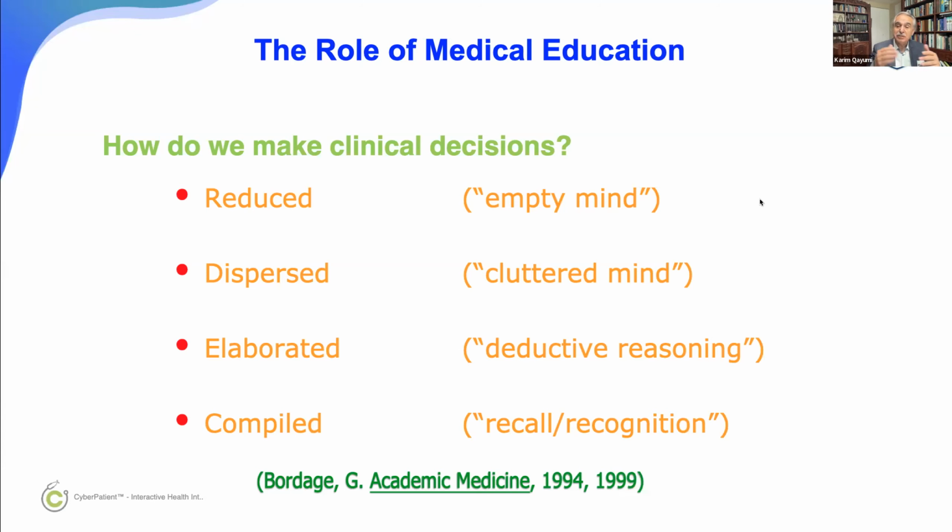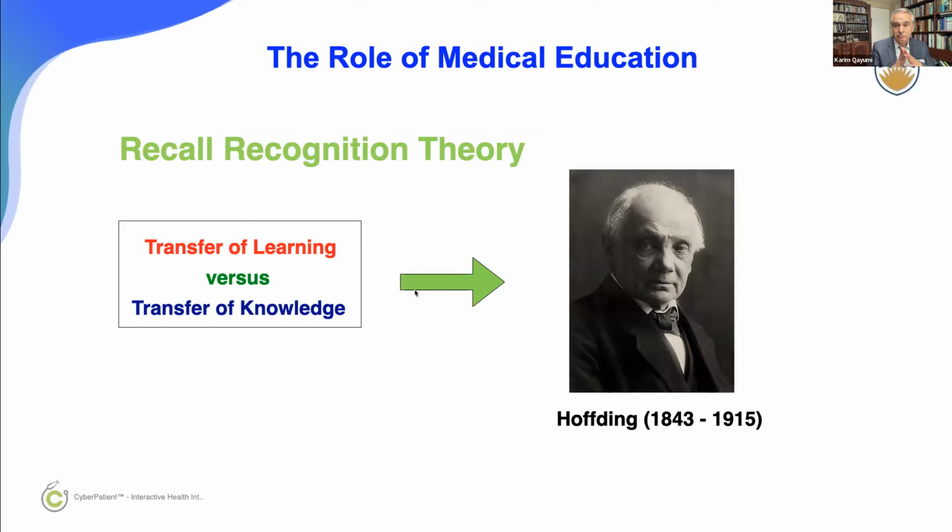What compiled thinking is based on is recall, recognition, memory. If we have seen a patient with pneumonia coming to our office 100, 200 times, then when the next patient with pneumonia comes in, as soon as they get into your office, you have an idea where to put your stethoscope, what kind of specific question to ask, what medicine to give, and how to come to that conclusion. It's not that you're ignorant to the patient, it's just that we're on a different level of thinking. That's called compiled thinking. Compiled thinking is based on recall, recognition, memory.